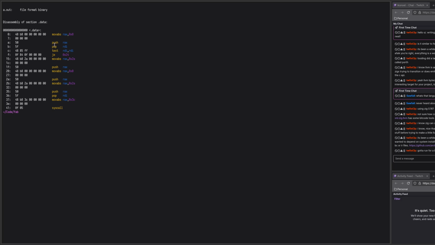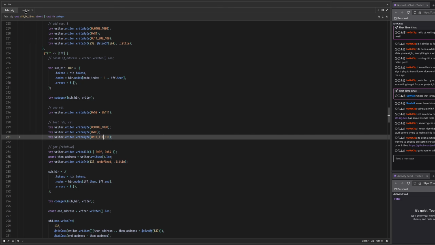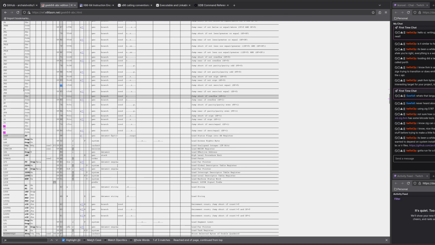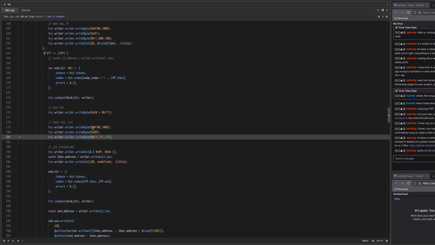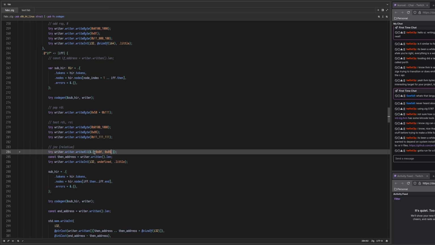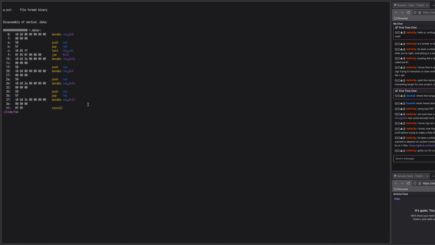So we just want to test our RDI with our RDI to see if it's 0. If it isn't 0, if not 0, so 85, then we want to jump. It's funny because these are the same 85s both ways. If it's not equal, then we jump 24, which is 2 16s, which is